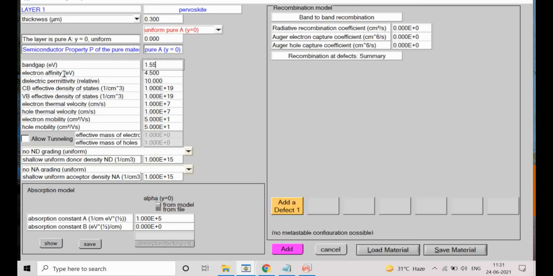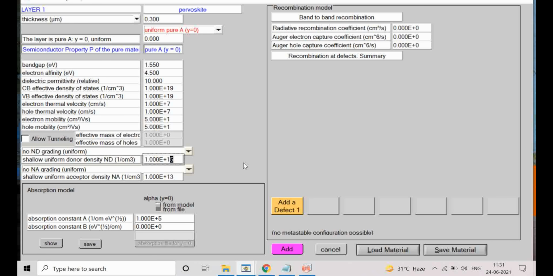For electron affinity, I will keep all these parameters the same, and the acceptor density I will take, say, 13, and the donor density I am keeping, say, 10. So I am decreasing the donor density, you can do that, no problem.